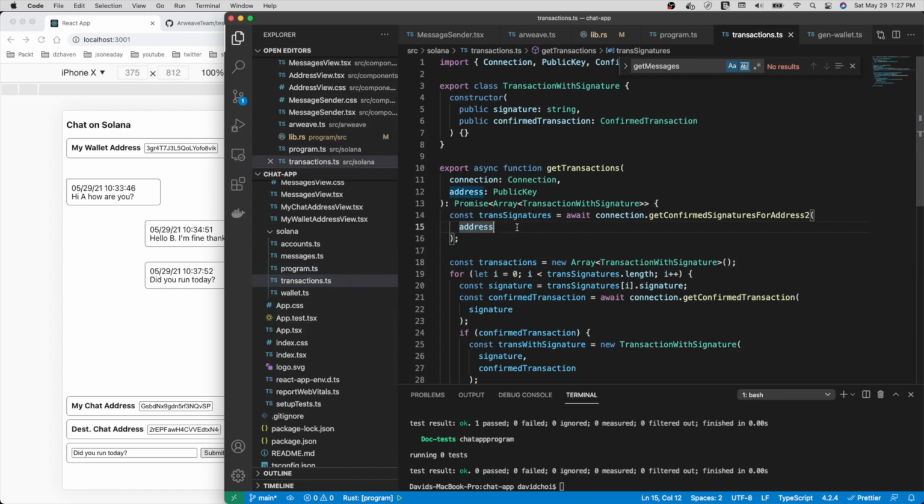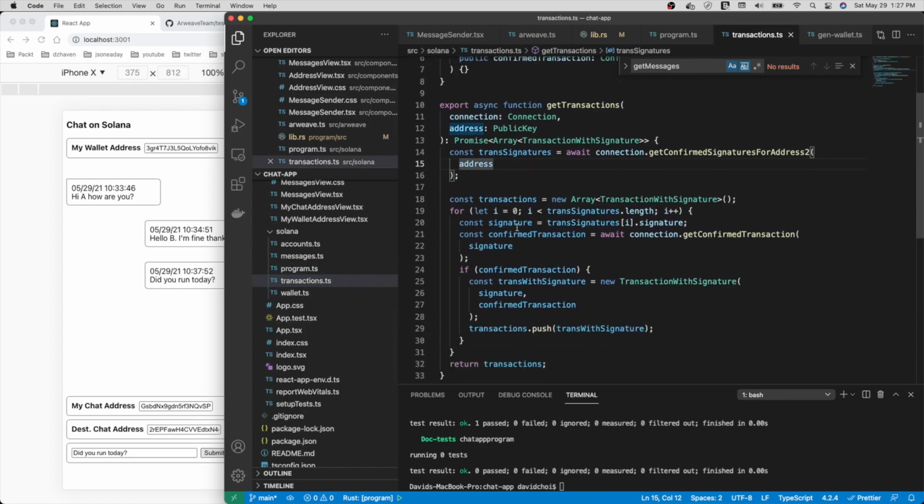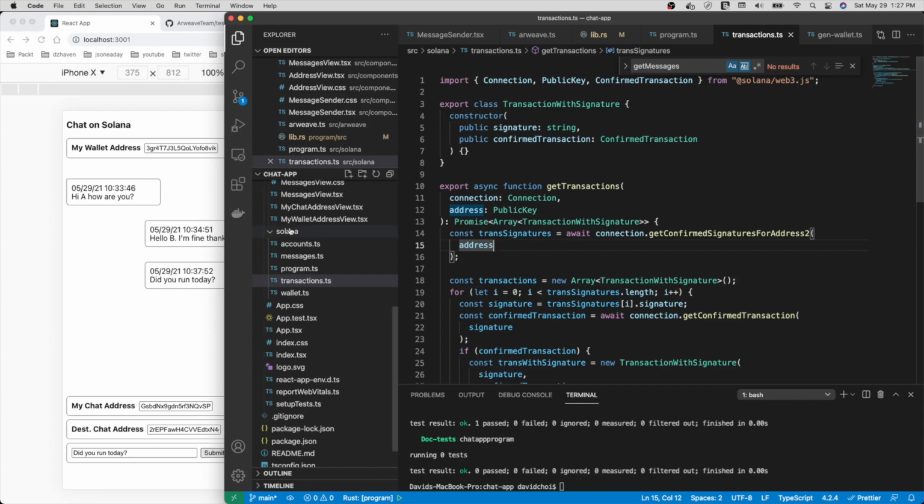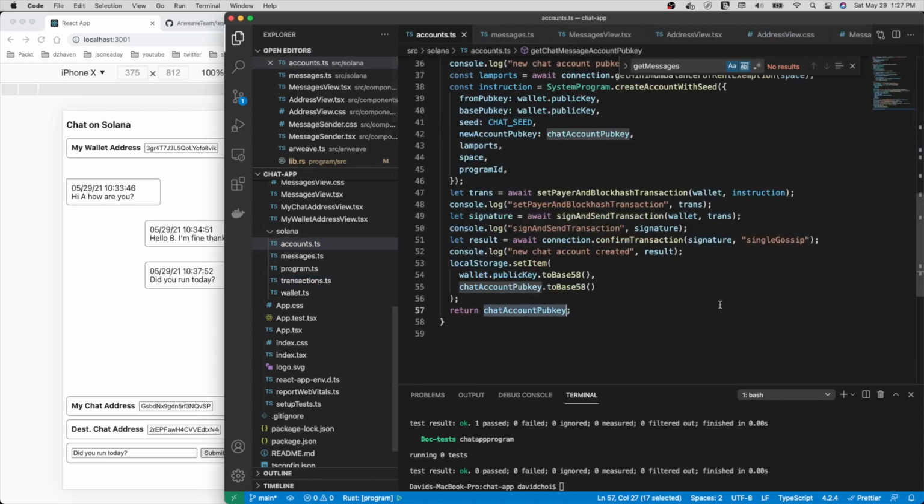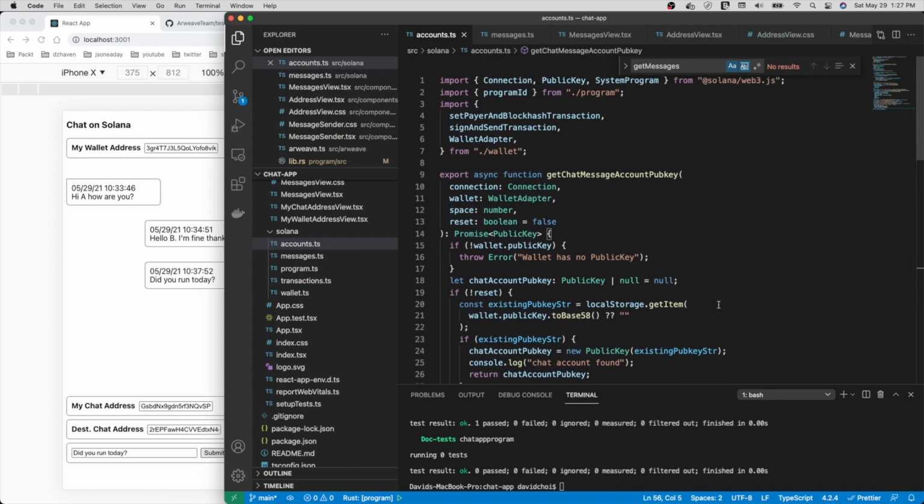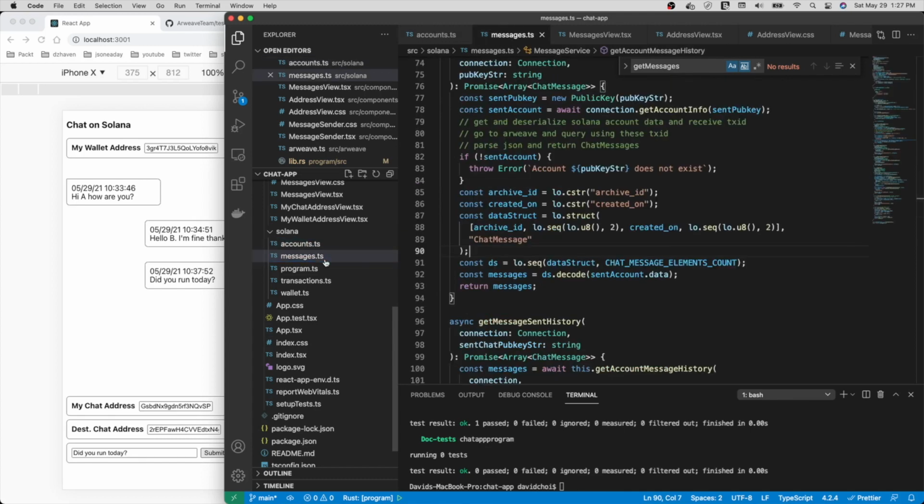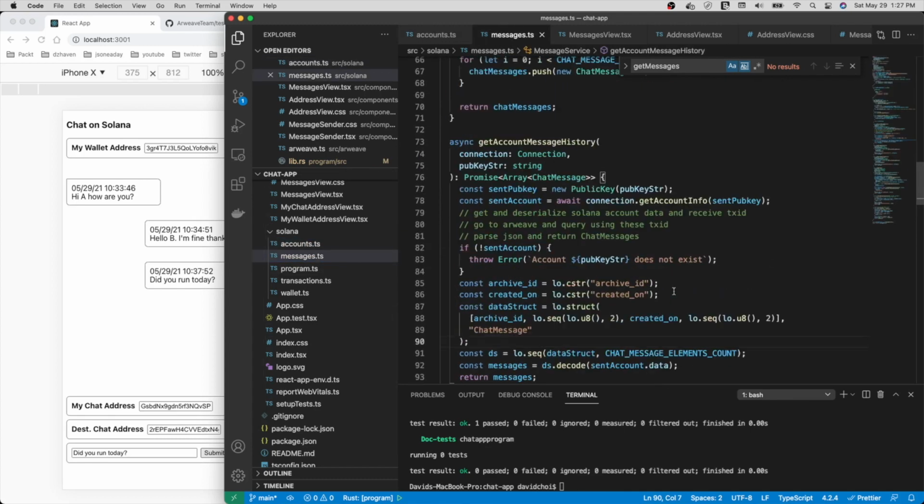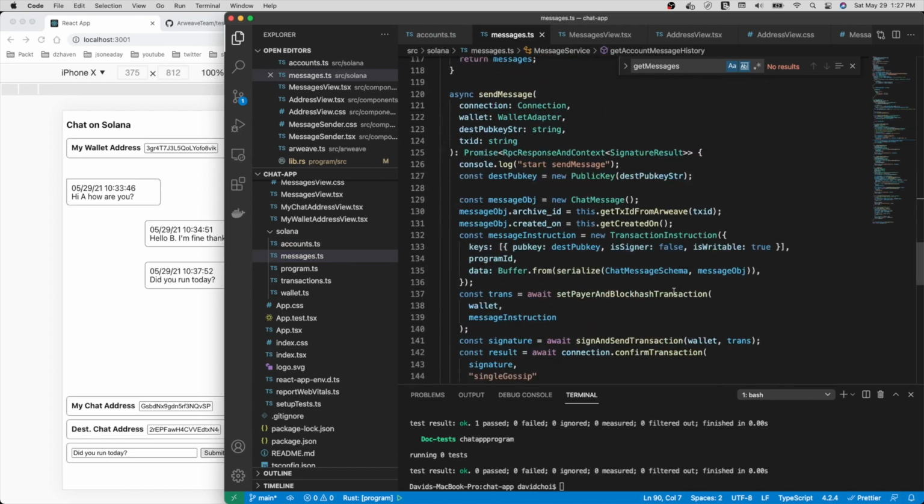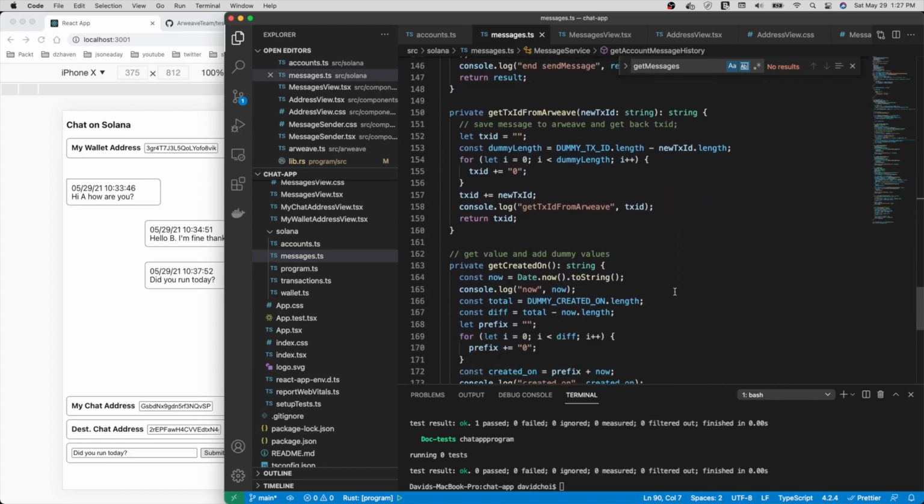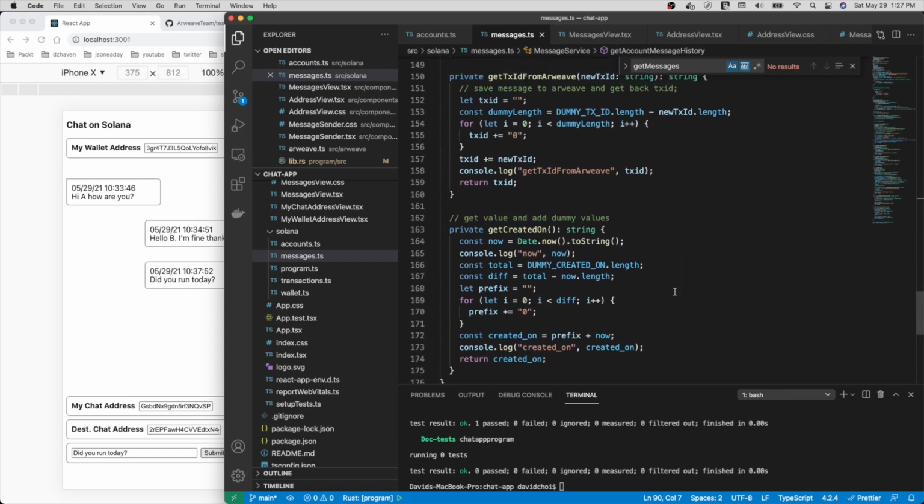So here, okay, this is the old code from our previous video. I'm not going to bother with that. This is the code we just covered before about creating a new chatting account. We covered most of this code already. I think I covered this, but if I didn't, just to drive the point home,